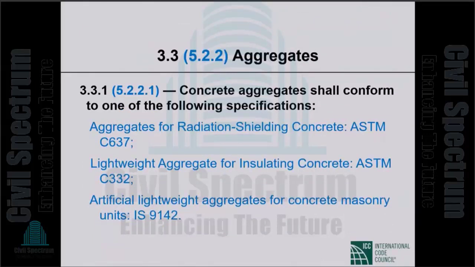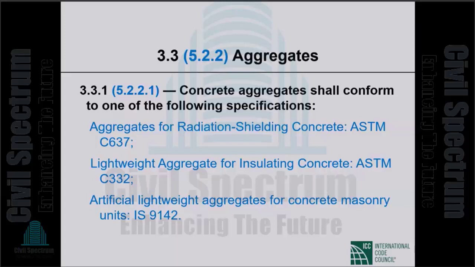Okay, this is a requirement both of ACI 318 and BNBC 2020. Concrete aggregates shall conform to one of the following specifications. So this is all blue. That means we do not have these in ACI 318-08, but you have them in BNBC 2020. Aggregates for radiation shielding concrete, ASTM C637. Lightweight aggregate for insulating concrete, C332. Artificial lightweight aggregates for concrete masonry units,